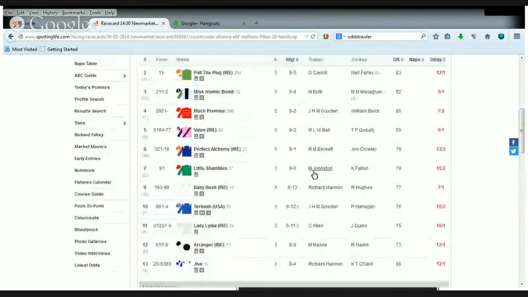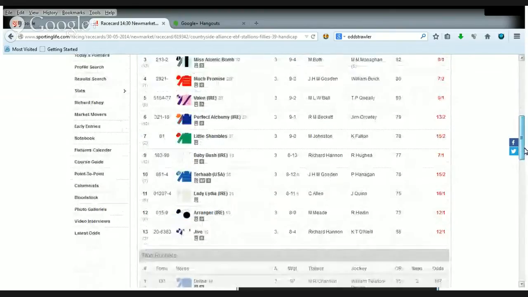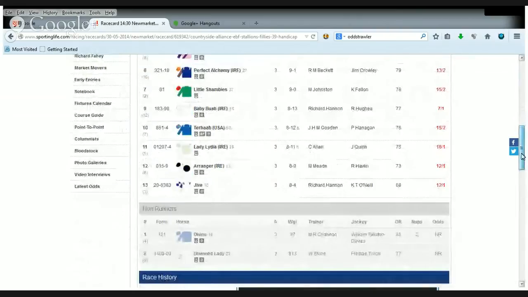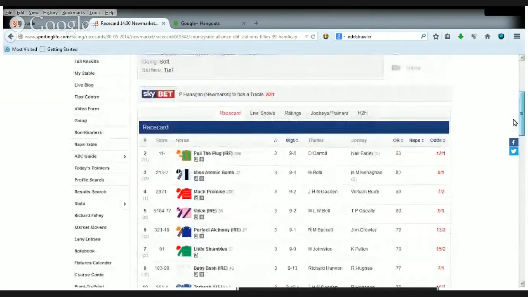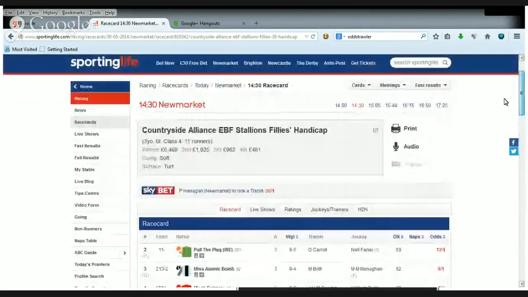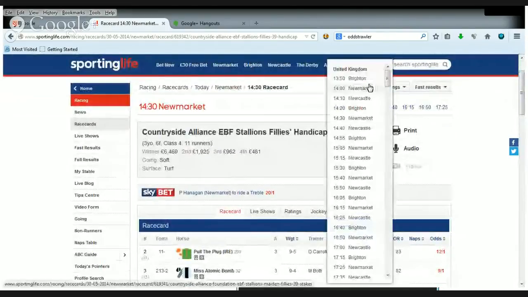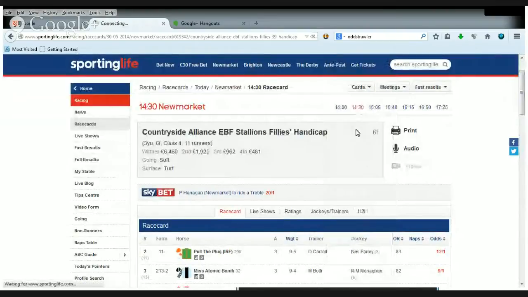Perfect Alchemy 13 to 2 and Jive 12 to 1. That's the two we're going for on this particular race. Quick selections, this was all about. 2:30, 2:40,